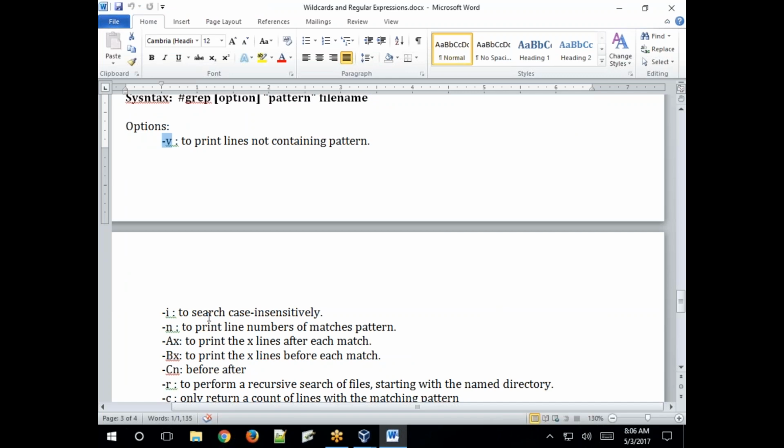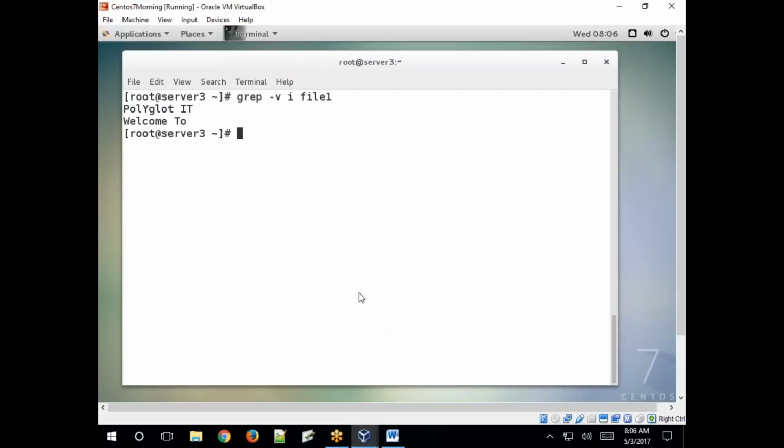Next, one more option, -i, ignore case. For example, if you want to search for both uppercase and lowercase matches, specify small i. Is there any capital I? Used instead of -v, the -i option is for ignoring case. Clear?